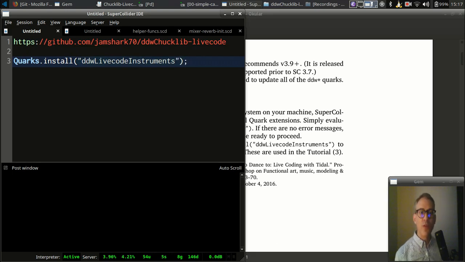When you do this, it should download all of the packages that you need. By the way, to run a statement like this in SuperCollider, you press the Control key and the return key, or in Mac, the little command key. I don't have to do this because I've already installed it, but